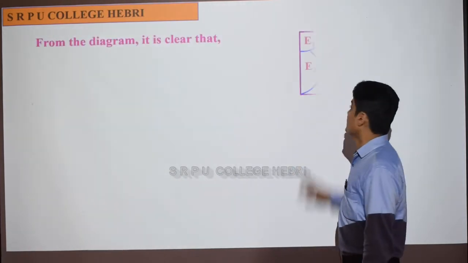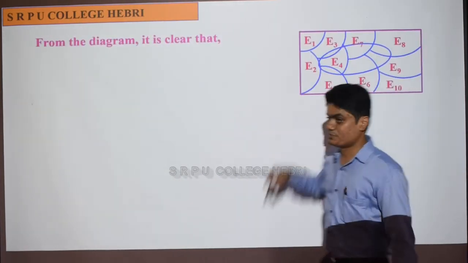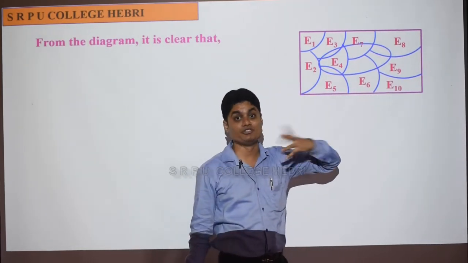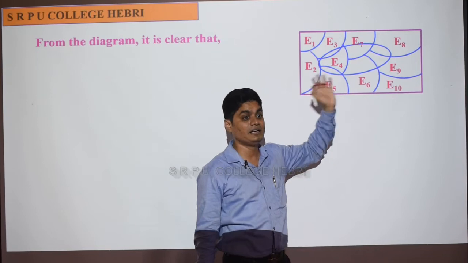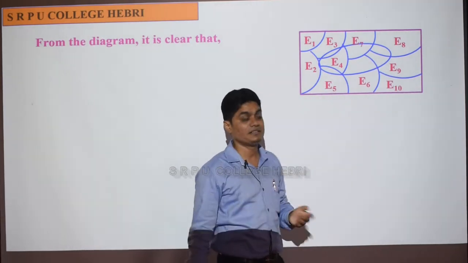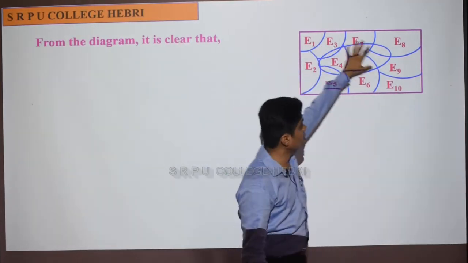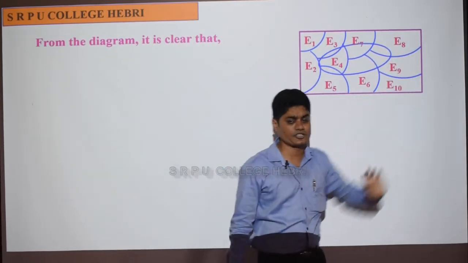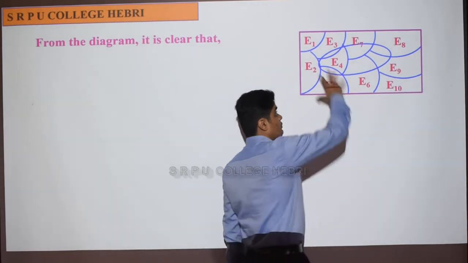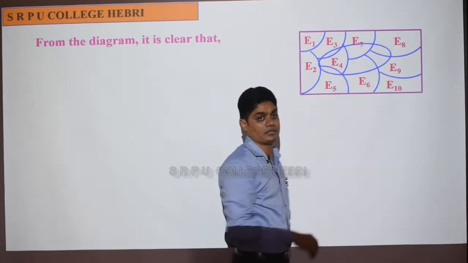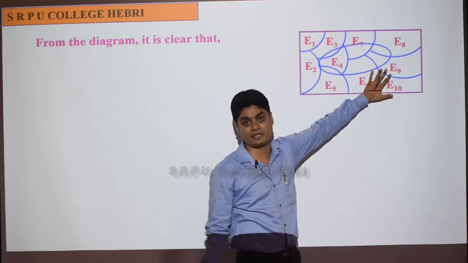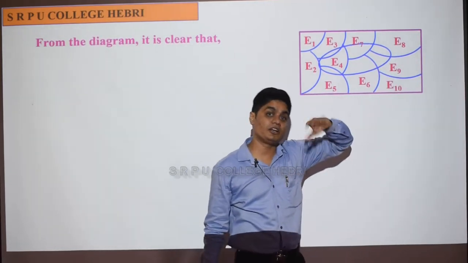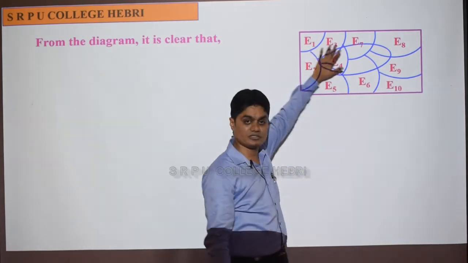See this. This is the sample space box. One rectangle box represents the sample space, just like the universal set. In set theory, a rectangle box is used to represent the universal set. These small regions represent different partitions. Definitely A is one of the events, other than these partitions. Remember that A cannot be one of the partitions. A must be one of the events of the sample space, so it belongs to this rectangle box.